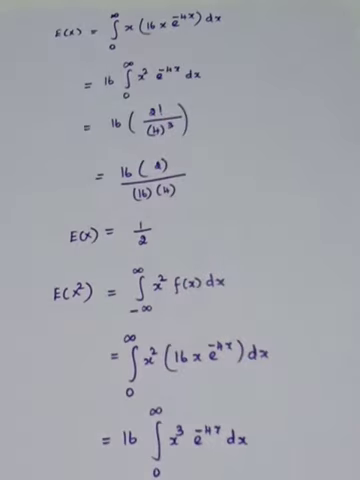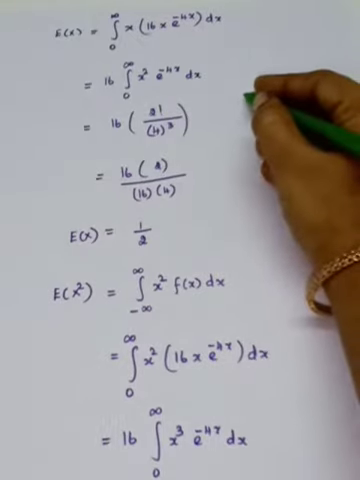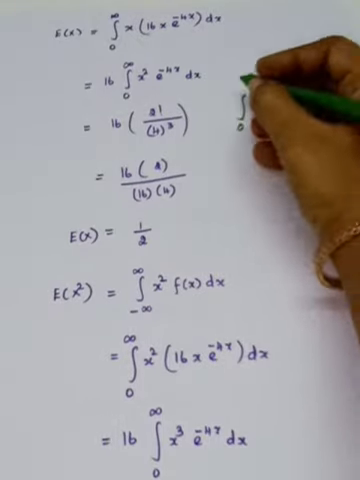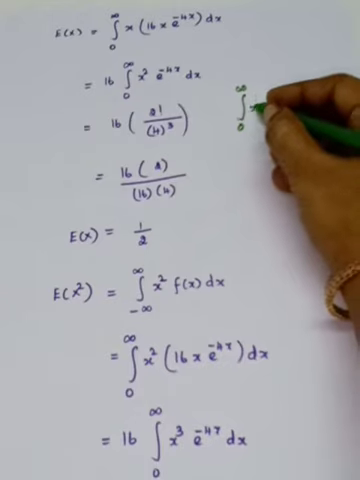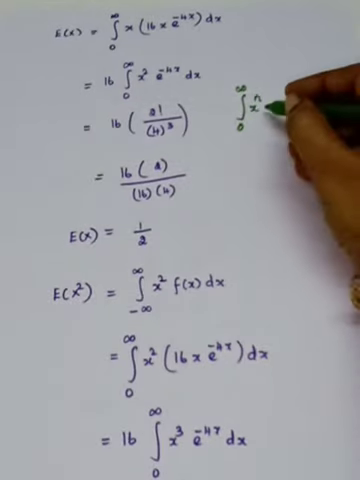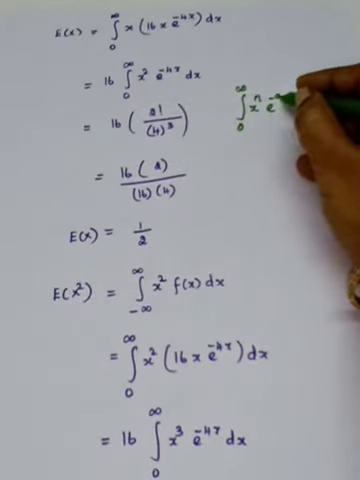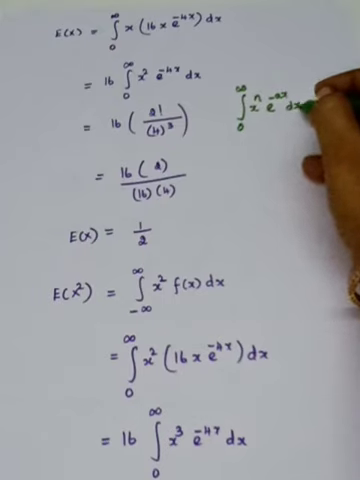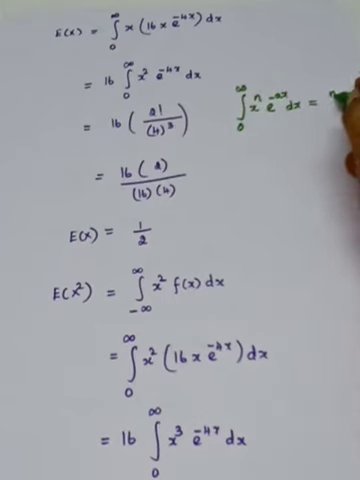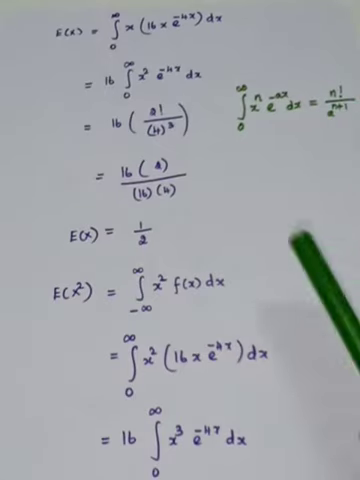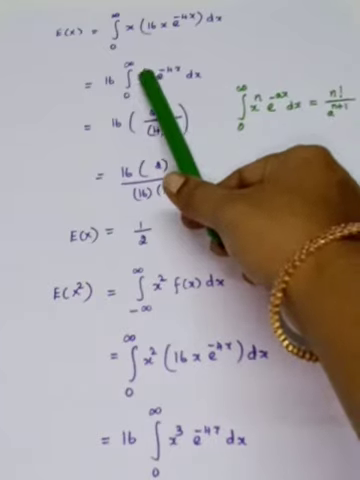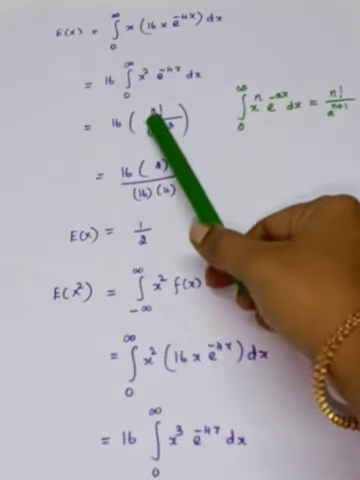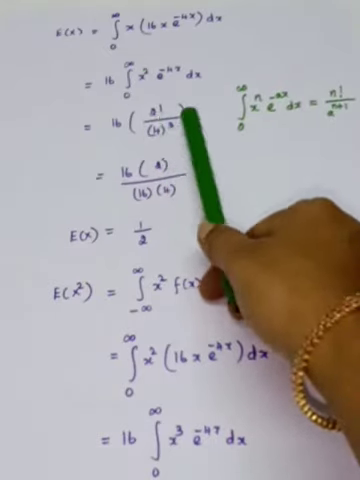You have to use the formula. What formula? Integral 0 to infinity x power n e power minus ax into dx, that is equal to n factorial by a power n plus 1. So using this formula, your x power is 2, so n is 2. So it is 2 factorial divided by